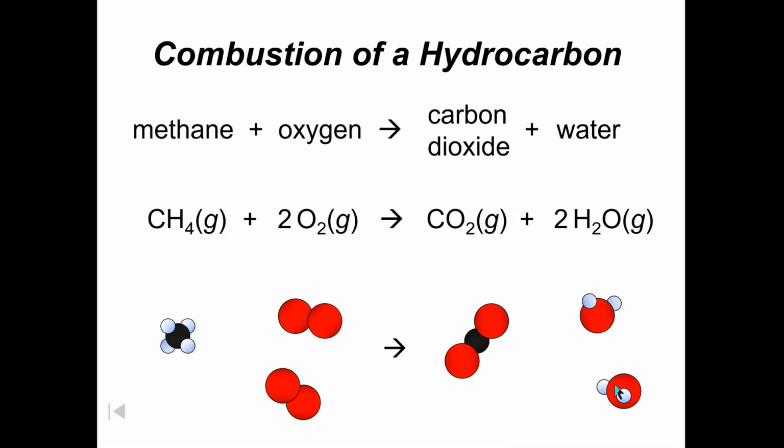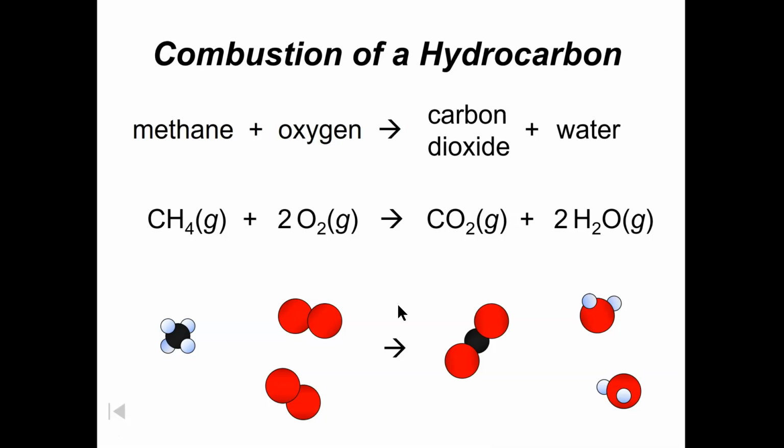So all of our hydrogen is used. So hydrogen is equal on both sides of the equation. And our oxygen is equal on both sides of the equation. 1, 2, 3, 4. 1, 2, 3, 4. Is this balanced? Does this account for all the atoms in this chemical reaction? Let's see. Carbon, there's 1 carbon here. Only 1 carbon here. It looks like we're pretty good. This would be a balanced chemical equation.